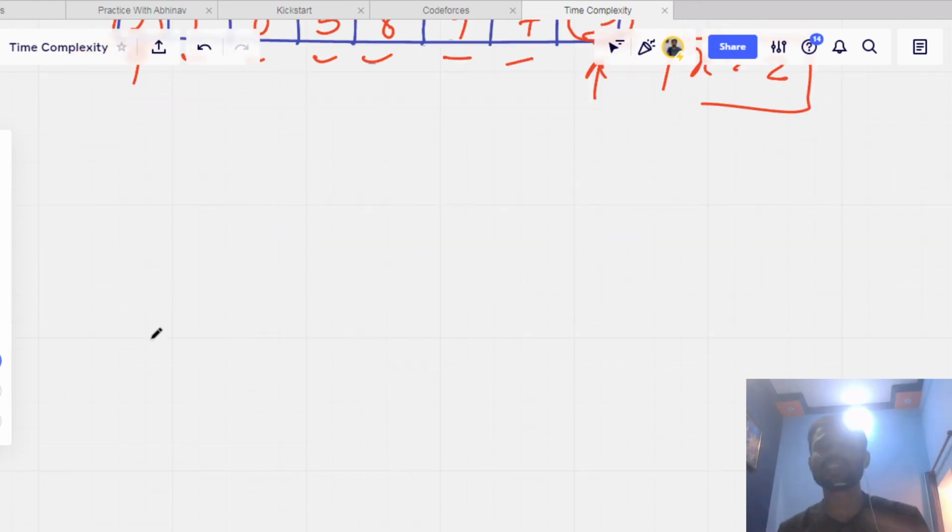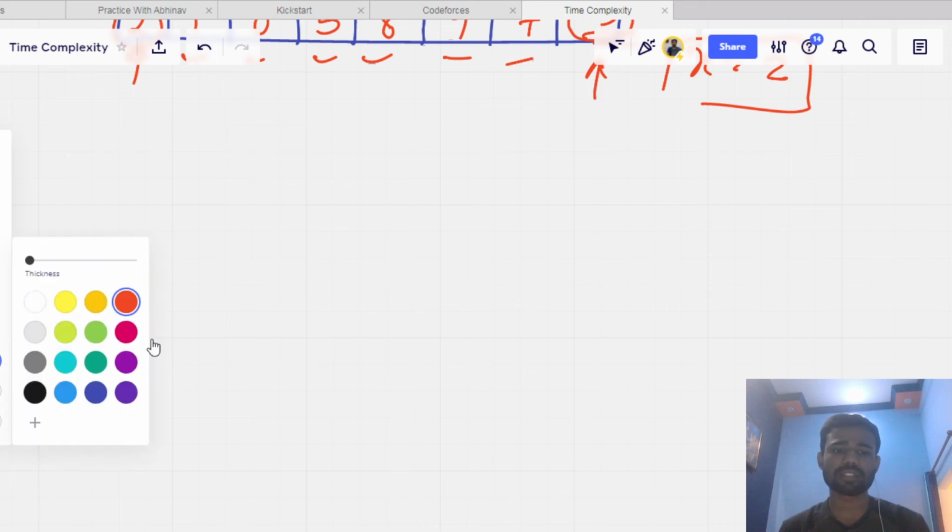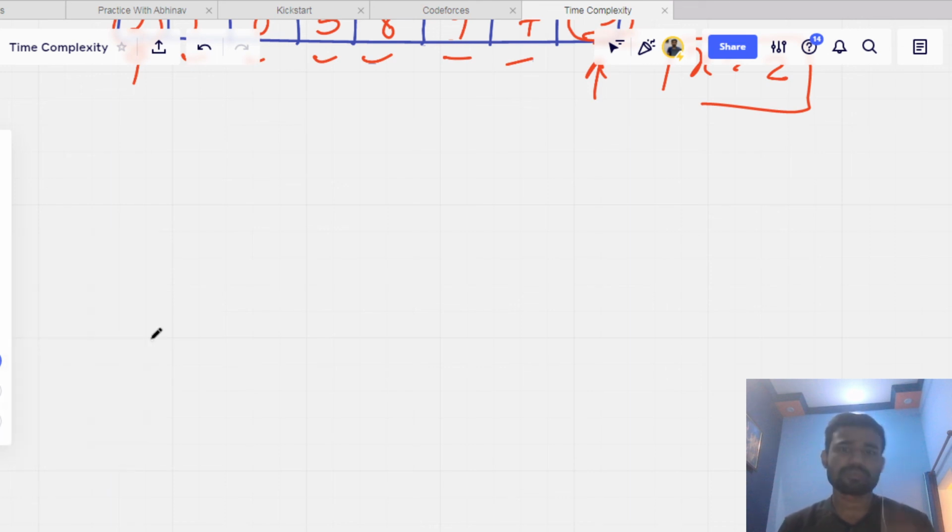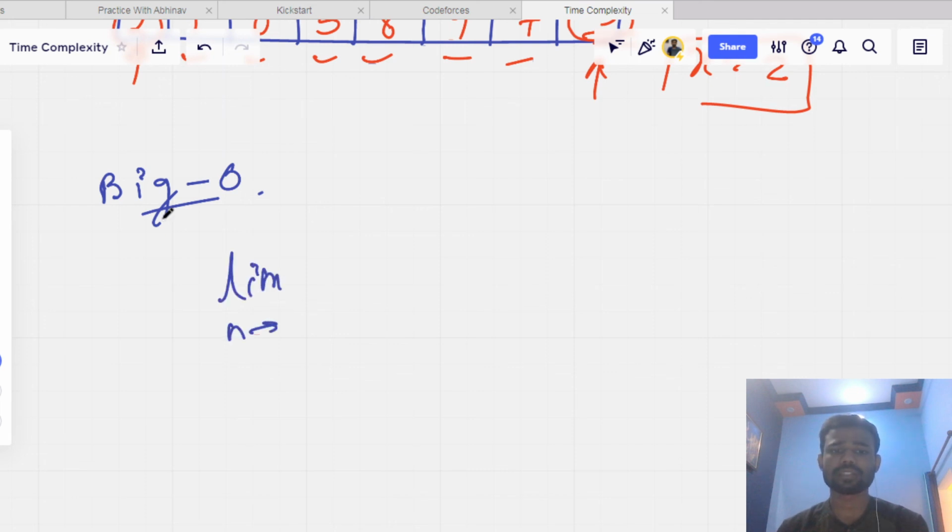It is written in books, but I am telling you, because your college may ask some theory in this, so I will tell you this also. There is a formula for how to define worst case and how to define big O notation, big sigma. First of all, we'll discuss big O. So there is a formula: limit n tends to infinity f of n upon g of n. So what is f of n? It is a function of n and g of n is the time complexity, and this should be less than infinity.